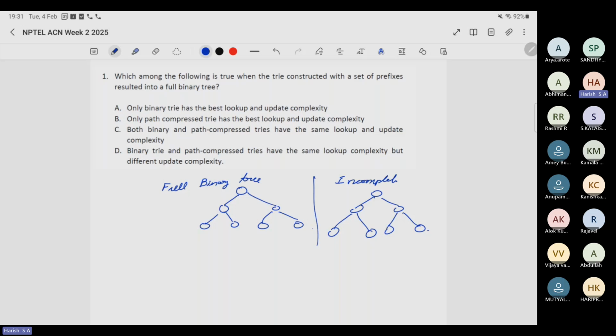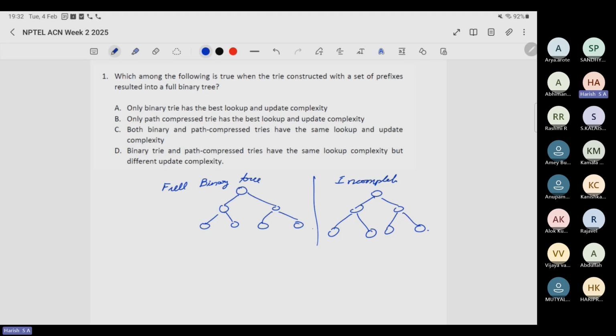Okay, let's keep it aside. And then C: both binary and path compressed tries have the same lookup and update complexity. Or is it D: binary trie and path compressed tries have the same lookup complexity but different update complexity, right? So